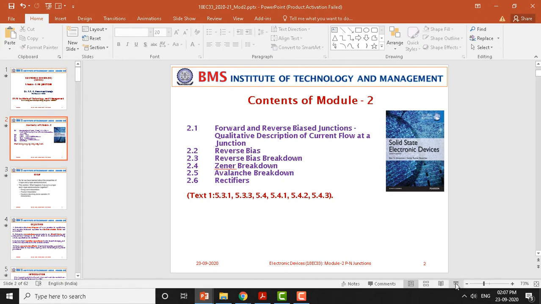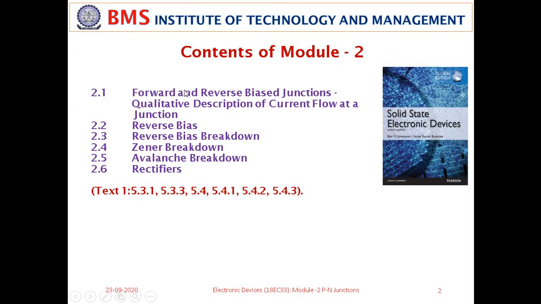Look at this content of module 2. This contains two chapters. The first chapter is discussed here. In 2.1 we focus on forward and reverse biased PN junction. Here we discuss the different sorts of currents, drift current and diffusion current, with reference to both electrons and holes. We will discuss forward and reverse biased PN junctions under this topic. We will show the band diagrams also.